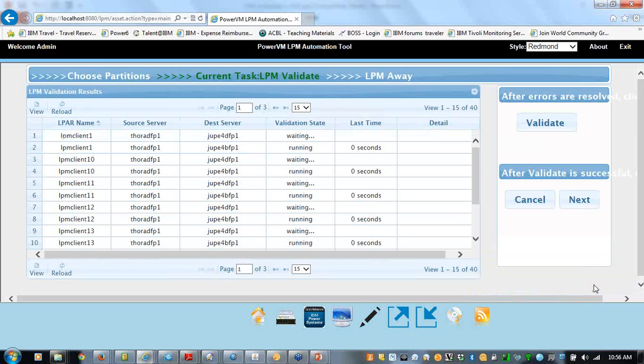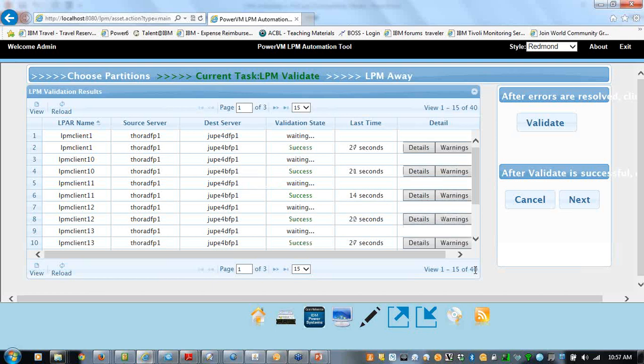So what's happening here now, I said I have 20 clients to move. But this number down here says 40. Well, I'm trying to go to 2 different servers. So I need to make sure these 20 clients can go onto one server by doing this validation test. And since I have 2 servers, that means I have to do validations to the second server. If I had 3 servers I was trying to go across, I'd have 60 validations. If I had 5 servers I was going across, 5 times 20 is 100 validations.